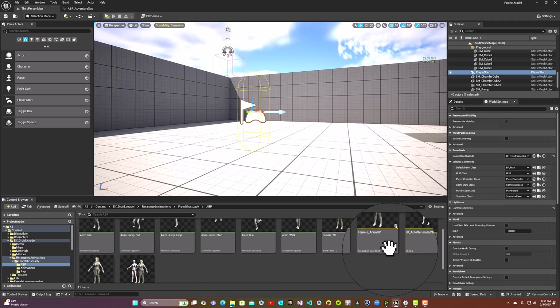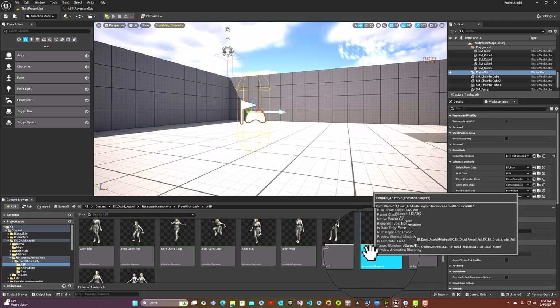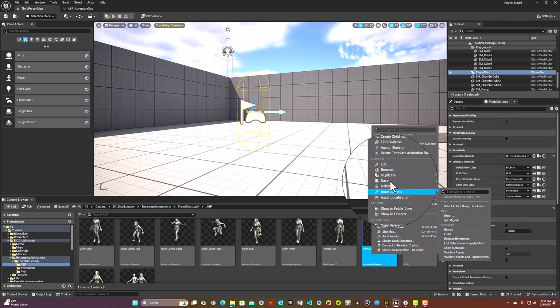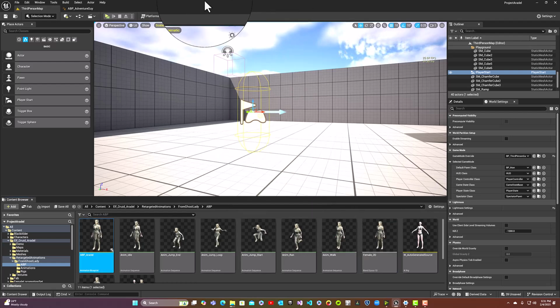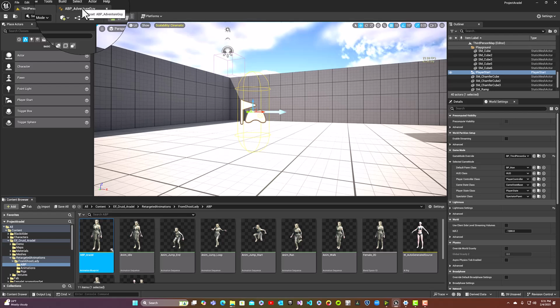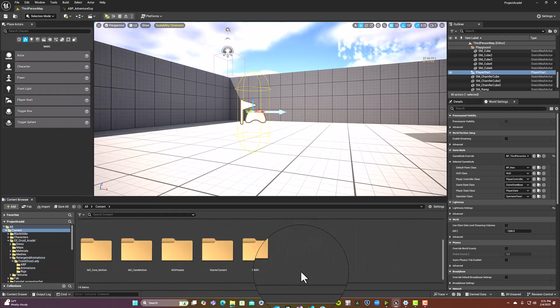Right here, female anim BP, because that's the one that came with Ghost Lady. So let's go ahead and rename that with the new naming convention, ABP underscore Aerodel. Beautiful. And now we can go back to our characters in third person,